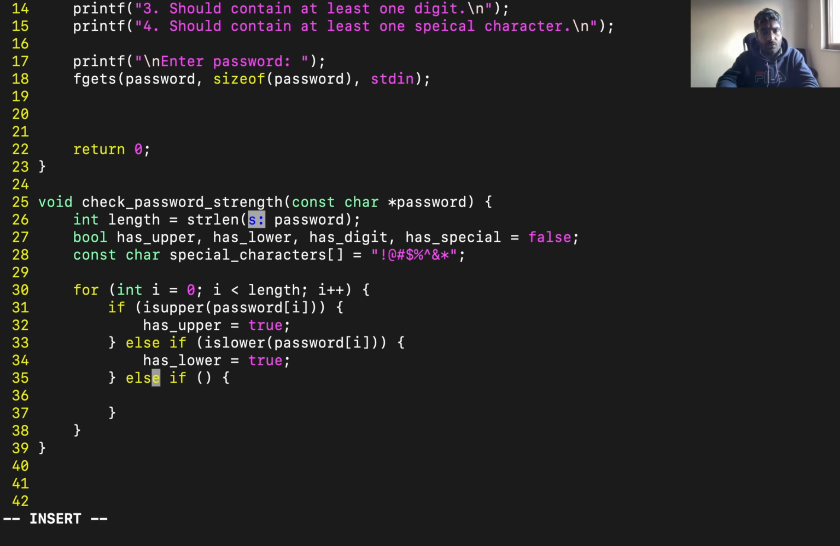now let's check for another function called isdigit. Maybe it's isdigit. Yeah, it is exactly isdigit, and it checks if the given character is a numeric character. Okay, so we will check with isdigit, passing password of i, and we need to set has digit equal to true, and the last one is